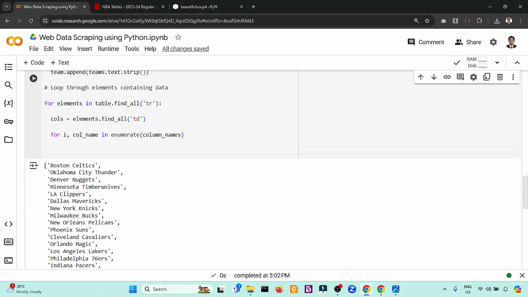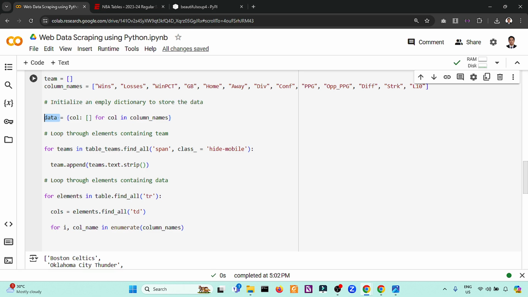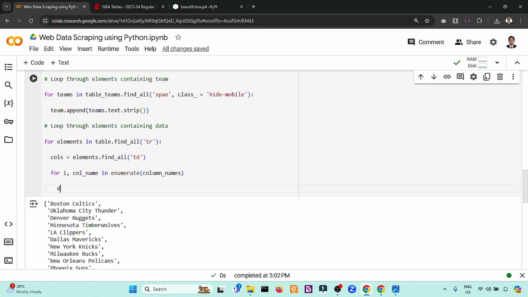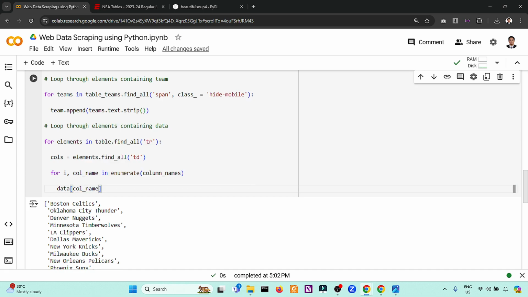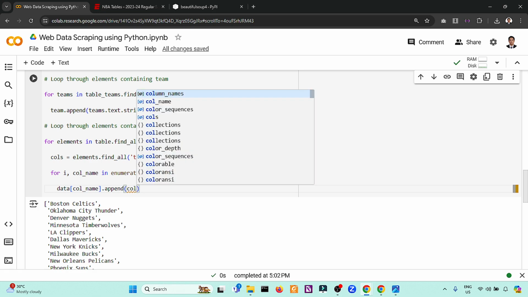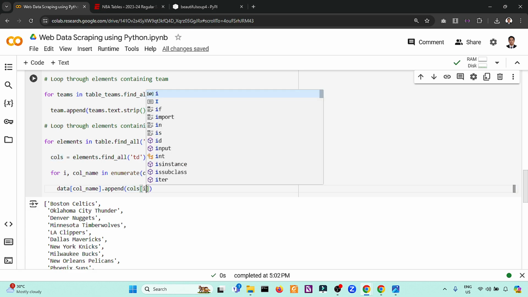So how can we construct this data? Remember, we have a dictionary of data here, so we'll just use this one as a guide. For our data, we have the column name. We iterate each column name, then we need to append its specific columns that we find on the TD at its specific index.